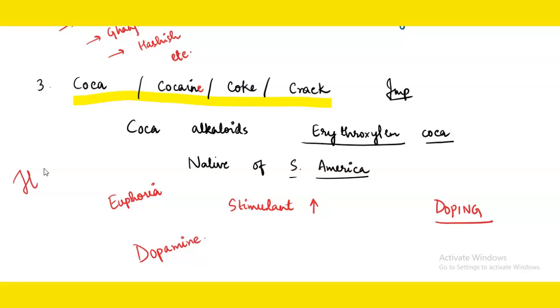Very important before I move on to next topic. Excessive consumption of coca leads to hallucinations. I hope you have seen the Sanju movie. Things were not there, but in his imagination, he was feeling as if certain things are happening. So hallucinations are the false feelings that you get that something is happening around you and you start seeing images of it, but actually in reality it's not like that. So hallucinations happen by the overconsumption of coca.